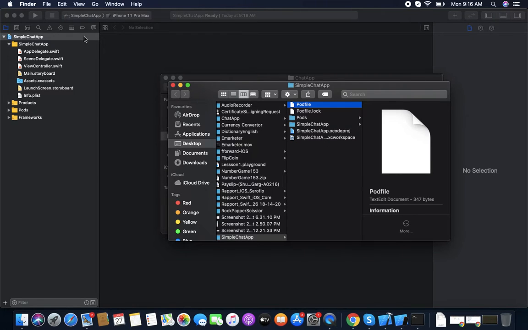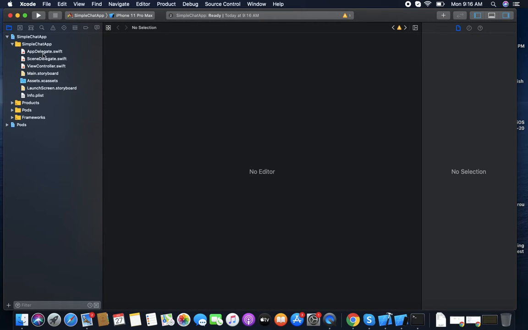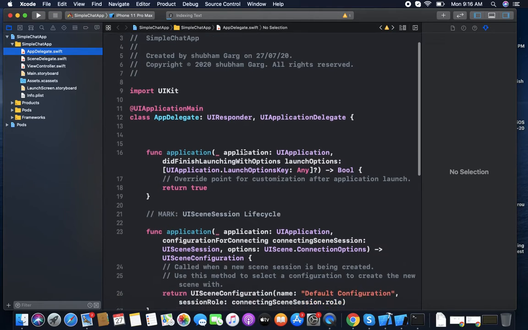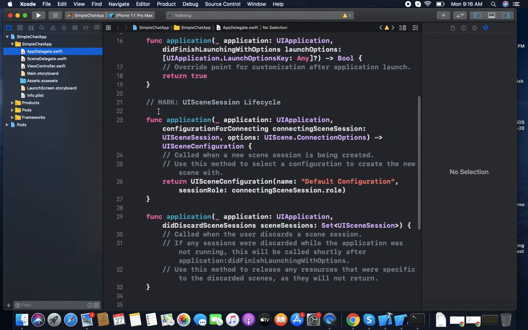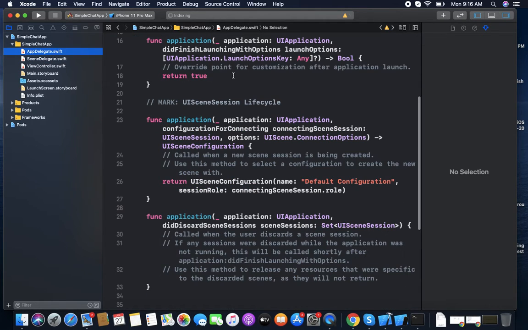Now when you are done, just close your old app and just click on the workspace. Now just go to App Delegate. Since you created a simple chat app, it's not needed to create a scene delegate, or it's your choice.